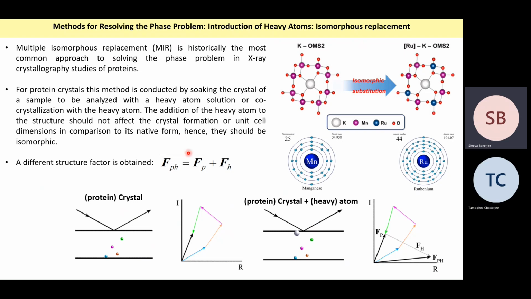So if you want something that is applicable for larger systems, one of the methods is introduction of a heavy atom, or isomorphous replacement. So in isomorphous replacement, what happens is that,